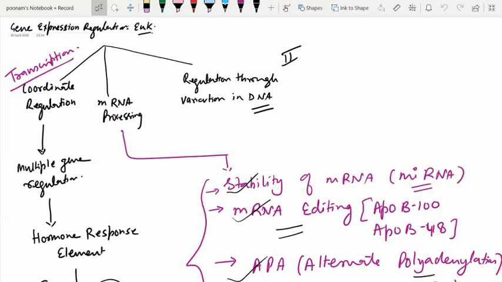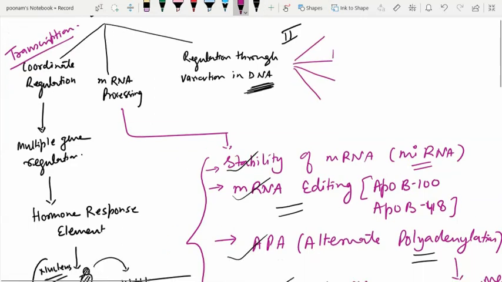Hello students, this is part 2 of gene expression regulation in eukaryotes, where I discuss the regulation through variation in the DNA per se. Now under this heading, I need to discuss a few subtopics like the access to the DNA,